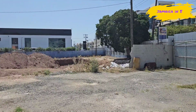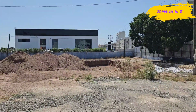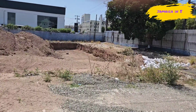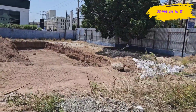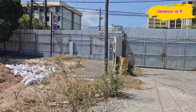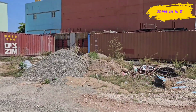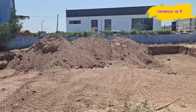Now, the Ascent is to be a 27-floor building. It got approval in February 2023. They got approval to build it. Now, a lot of people are looking forward to this building because it would have been the tallest building in Jamaica at 27 floors when it was approved. The Rogers is now the tallest building at 20 floors, and before that, the Pegasus at 17 floors was the tallest building. But the Ascent, when built, will be the 5th tallest building in Jamaica,